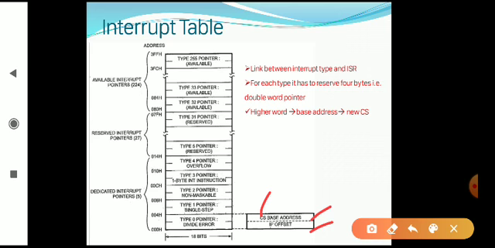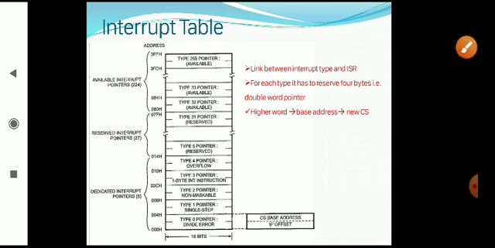The combination of CS and IP forms the new physical address of the ISR. This is the way in which we can obtain the physical address of the ISR.